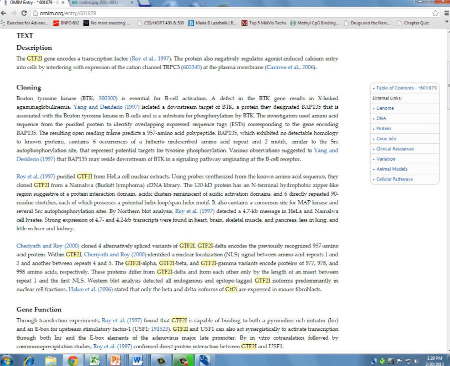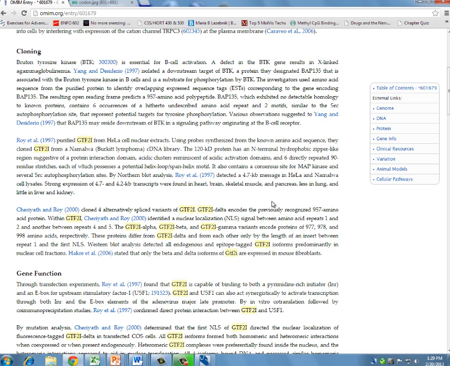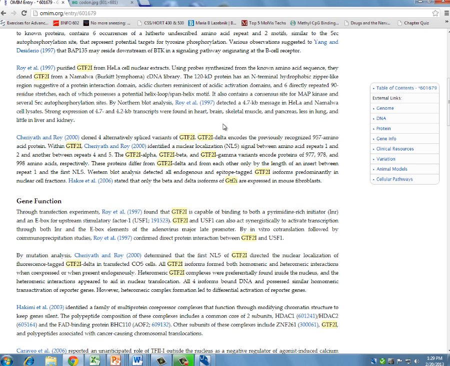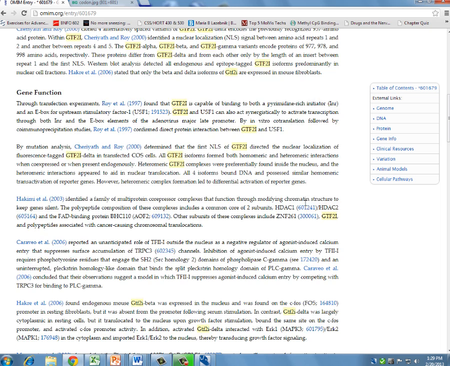As you remember, cloning a gene just means putting a gene into a plasmid and then learning about its function and so on. So here it says that the gene was discovered actually by my graduate school mentor, Dr. Roy, and then it talks about